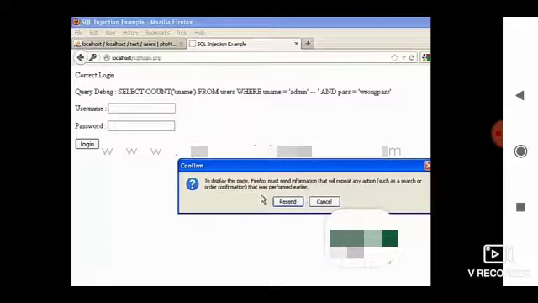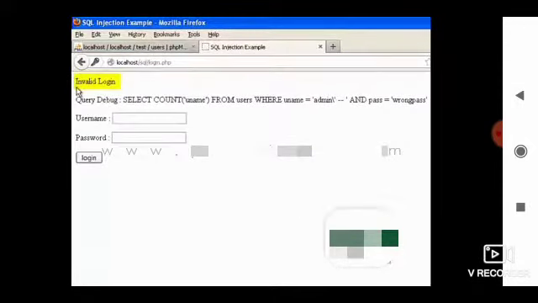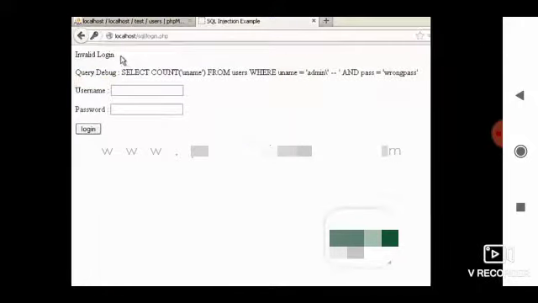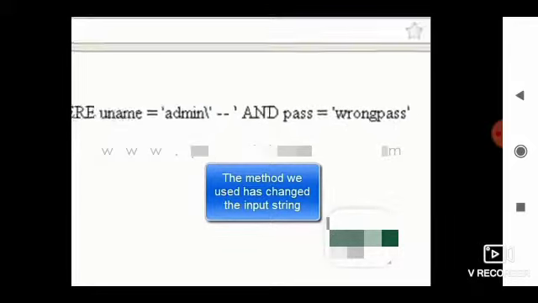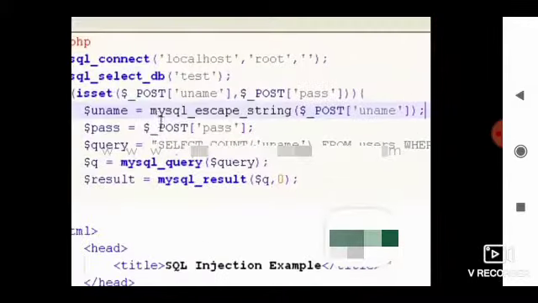Ask it to repeat that action and click on resend. And as you can see, it says invalid login. To debug our SQL statement, let's have a look. The query till here seems to be okay, but this backward slash is being entered automatically by our command, which was